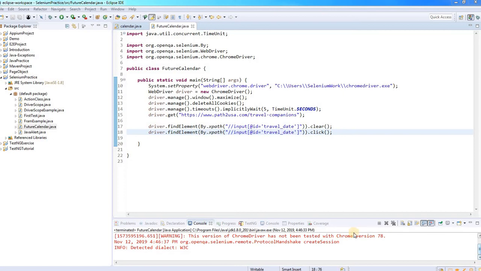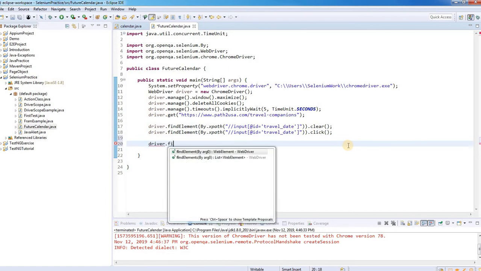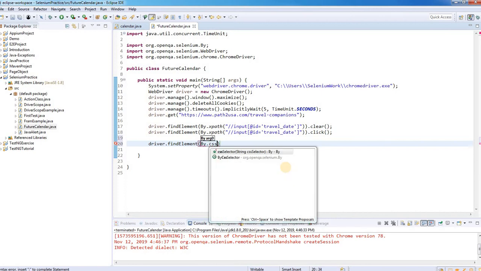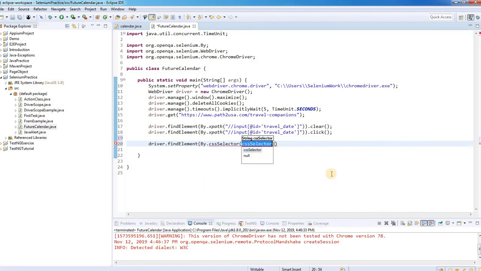We'll say driver dot find element by dot CSS selector, and then